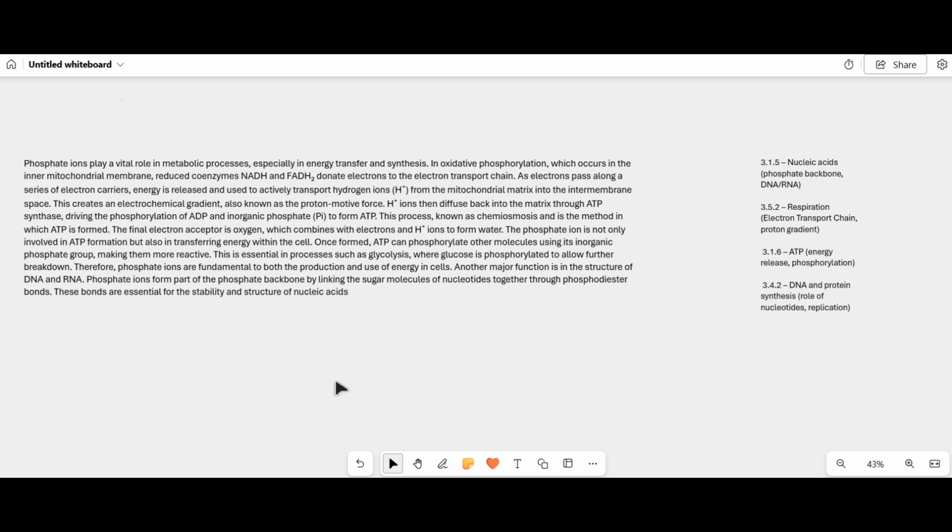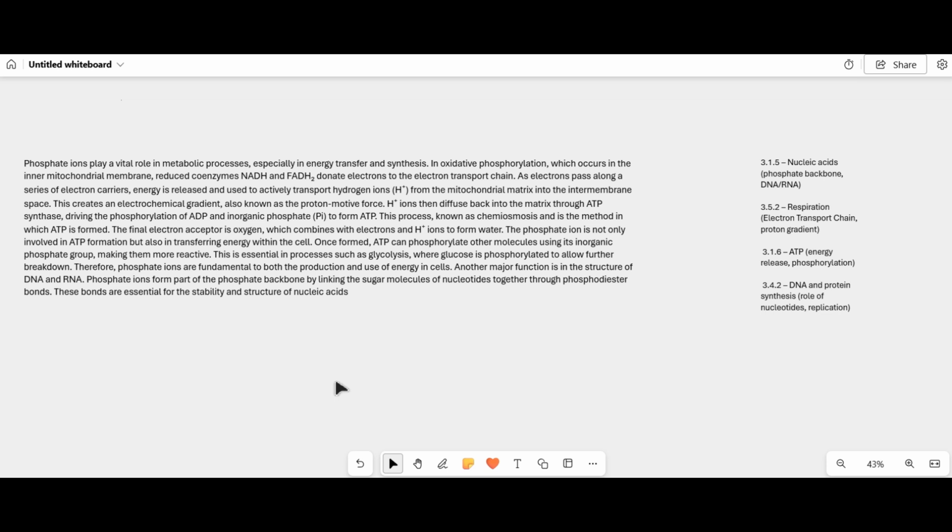In oxidative phosphorylation, which occurs in the mitochondrial membrane, reduced coenzymes NADH and FADH2 donate electrons to the electron transport chain. As electrons pass along a series of electron carriers, energy is released and used to actively transport hydrogen ions from the mitochondrial matrix to the intermembrane space. This creates an electrochemical gradient, also known as the proton motive force. H+ ions then diffuse back into the matrix through ATP synthase, driving the phosphorylation of ADP and inorganic phosphate